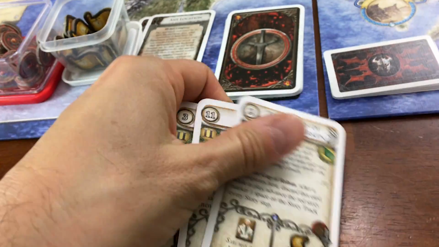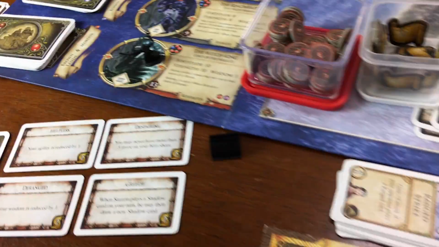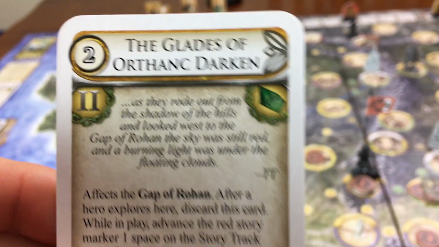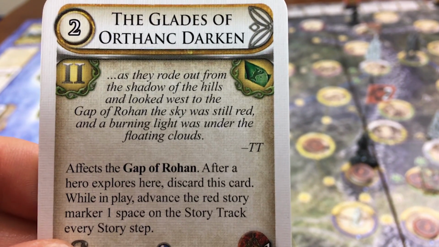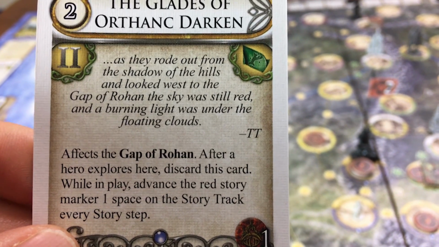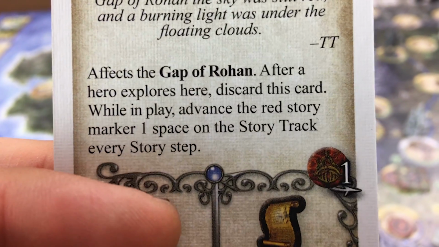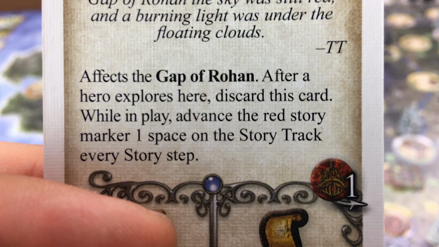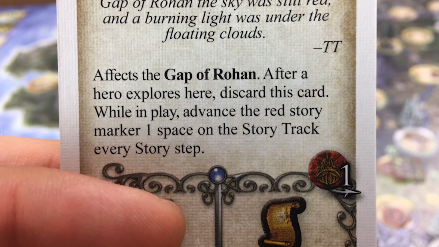We use the lowest number. And here's a 2. Okay. Now that has to be, that's just got to be bad. The Glades of Orthanc darken. Yeah, that sounds bad. As they rode out from the shadow of the hills and looked west to the Gap of Rohan, the sky was still red, and a burning light was under the floating clouds. 2 towers. Affects the Gap of Rohan. After the hero explores here, discard this card. While in play, advance the red story marker 1 space on the...